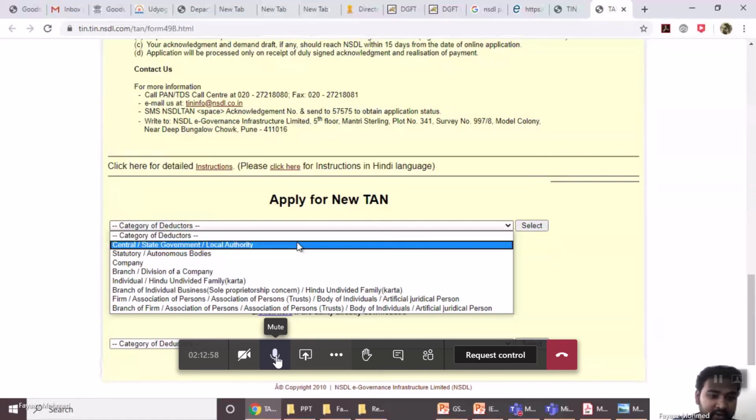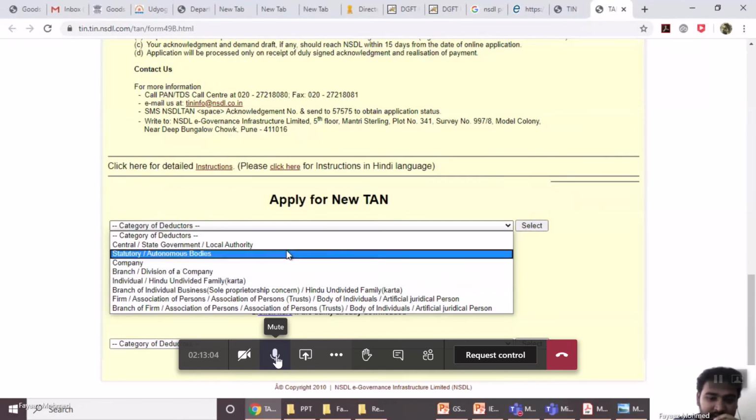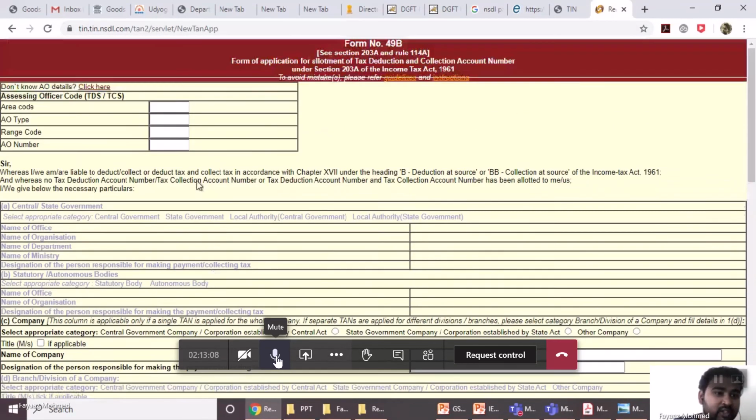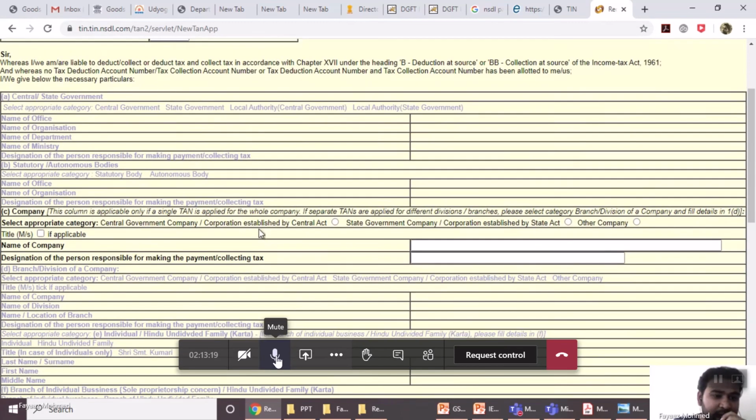Here you have to select the category of the person: company, individual or HUF. If you select company, here also you have to enter your assessing officer code like we entered in PAN. If you select company, only company details will appear here. In other details, we cannot enter anything.